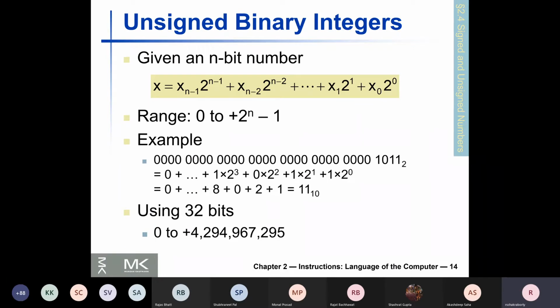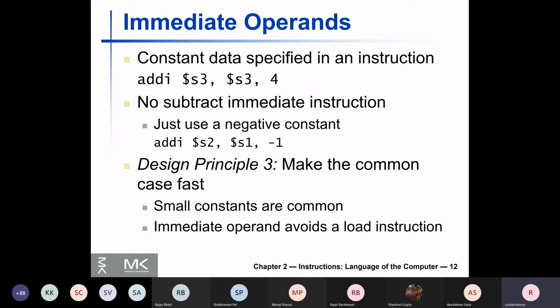Just note that MIPS in certain contexts supports unsigned numbers also, and we will mention in what context it supports them. The instructions like ADDI use 2's complement notation, and they use signed operations. So ADDI is a signed operation where the constant can either be a positive number or a negative number represented in 16-bit 2's complement system.